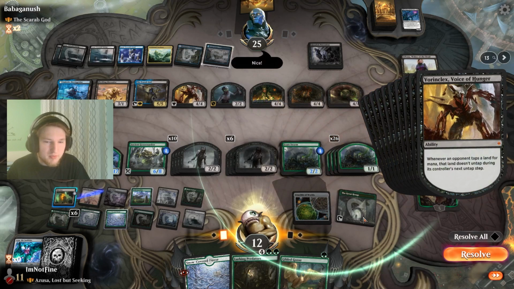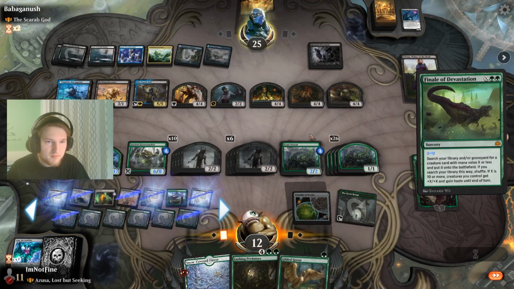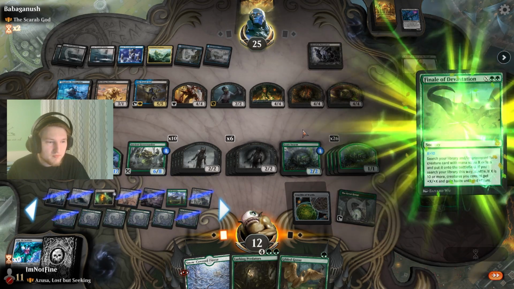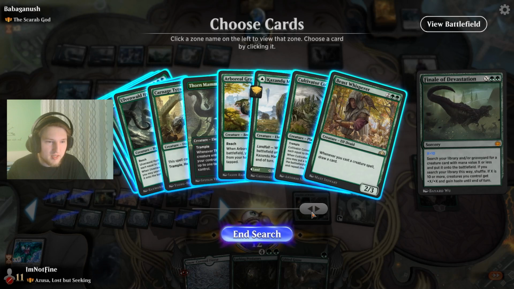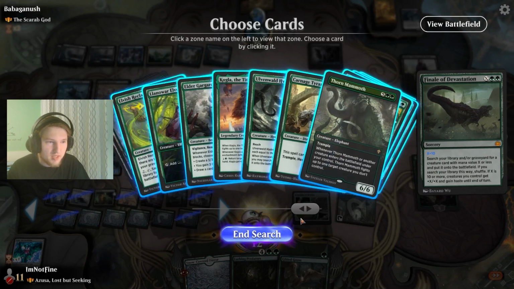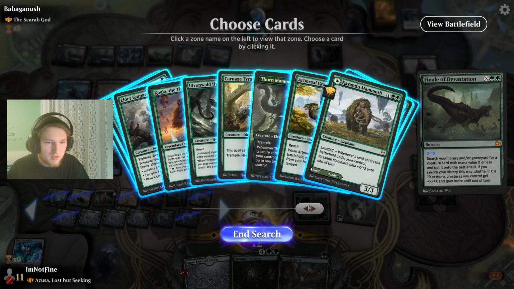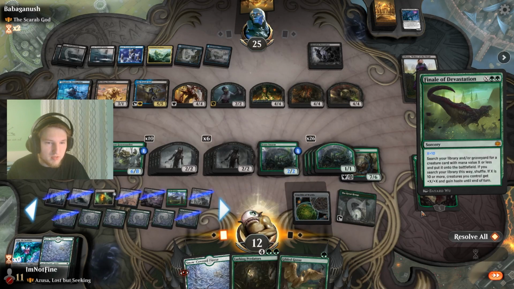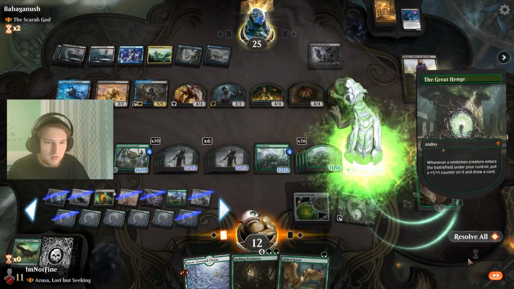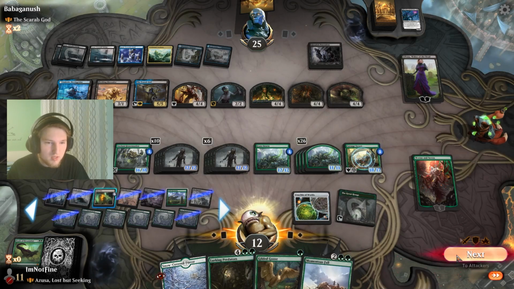And if that doesn't work, I'm just going to play another land and... Yeah, okay. It worked. Search library, and now I would just get something like just a trampler is good enough. Yeah, let's take the Carnage Tyrant, doesn't matter too much. Oop, that's pretty loud whenever something like that happens. Anyways,